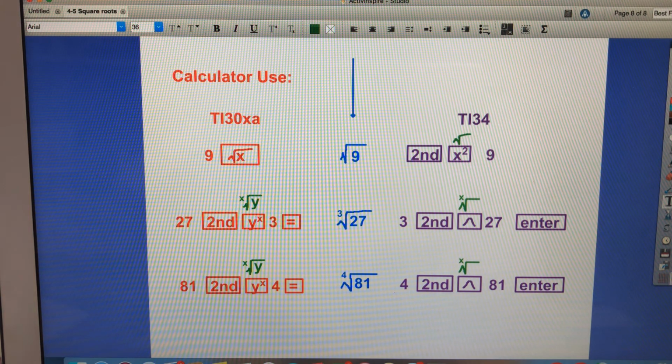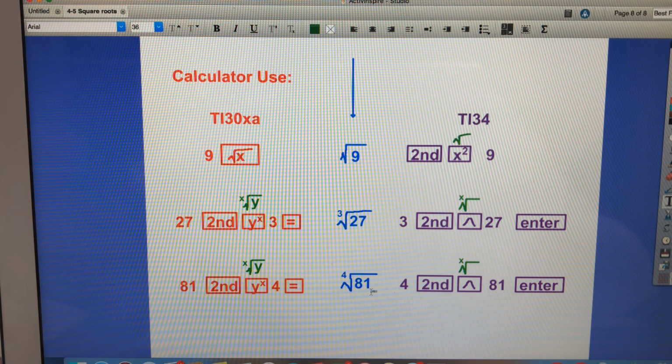Here I give you the rules on a calculator. So if you happen to have the TI-30XA, there are your directions compared to a TI-34. I'm not going to read these all out loud. I want you to look at them so you know which calculator you have. And if you try to do the square root of 9, you determine which buttons you press. The cubed root of 27, which we haven't even gotten to yet, but this tells you in a calculator how to get to it. The fourth root,